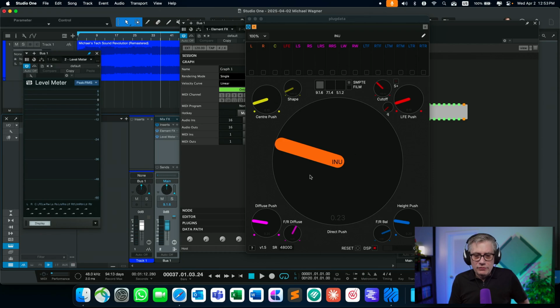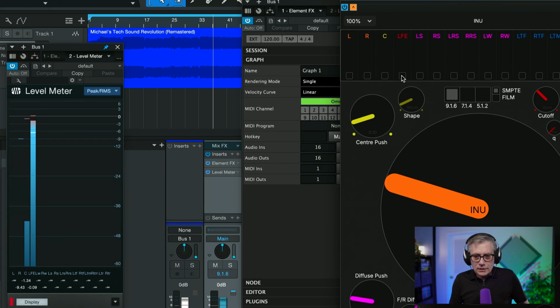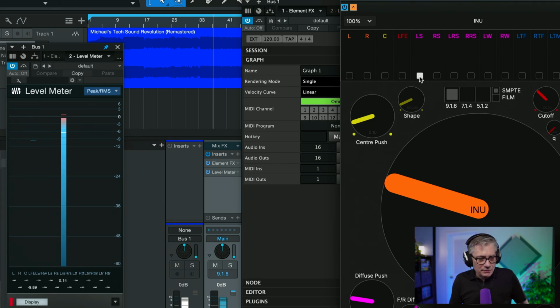Now, within Eno, we have the possibility to simply click on this button here, and then we will see if everything comes in the way it's supposed to come in. And let me just go through these one by one. So if you click here on the left one, it's coming in the left channel, right channel, center channel, LFE, and then left surround. And we already see here we have an issue. The left surround actually reaches Studio One as the left rear surround, sorry for that.